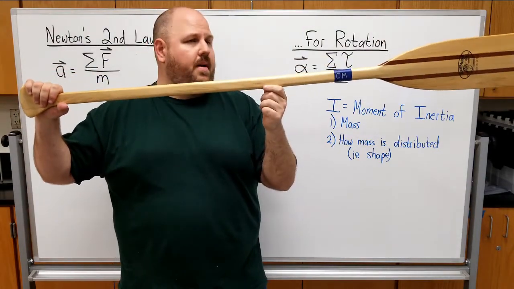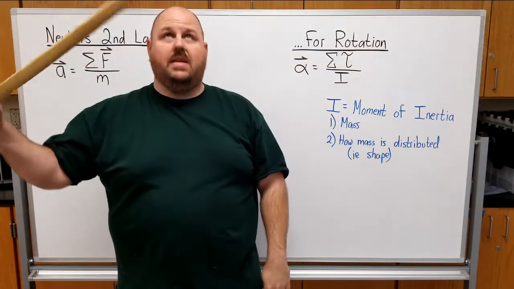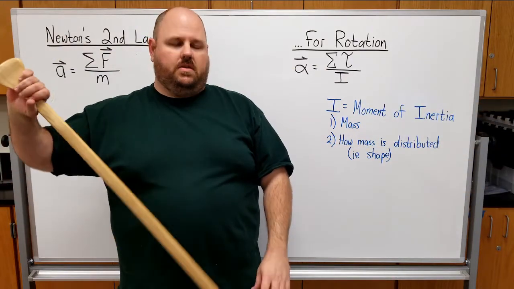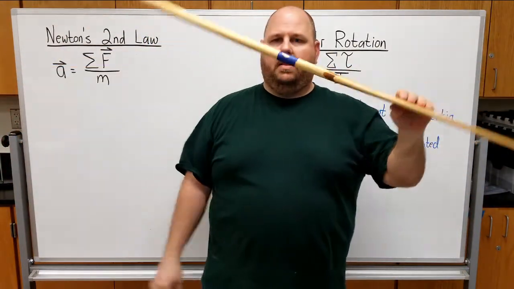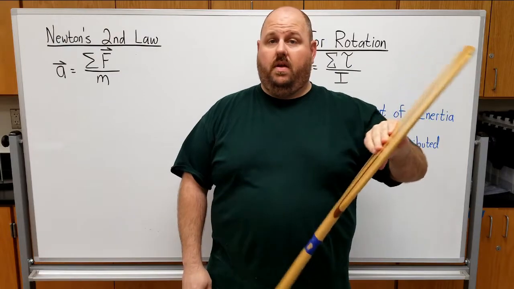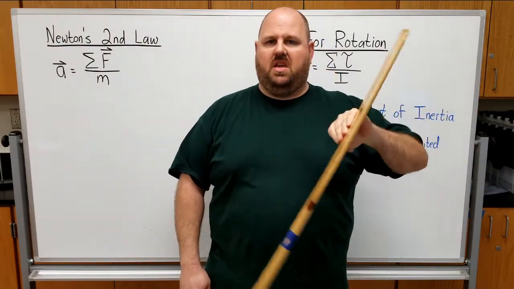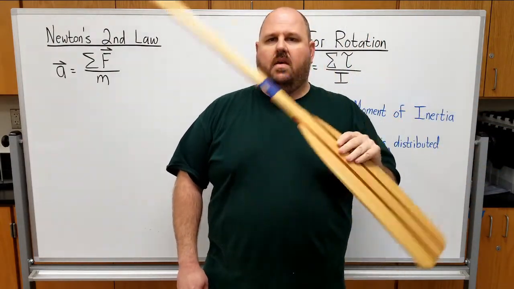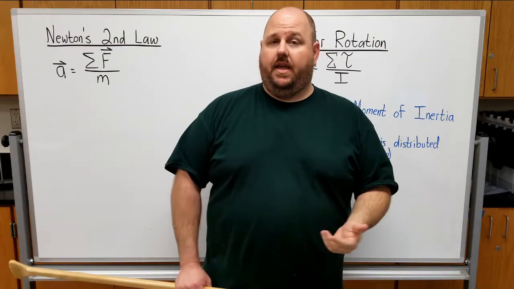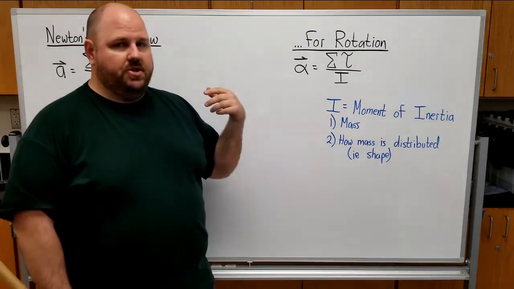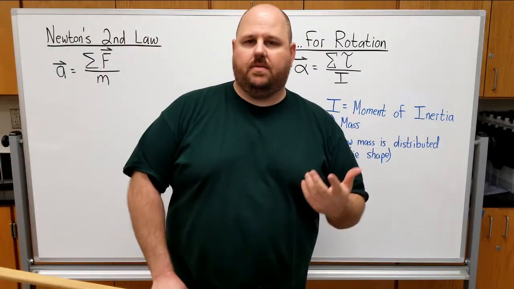And so there's a lot of mass far away from the pivot point. That's very difficult to turn. Whereas a lot of mass close to the pivot point, not too bad. I can do this left-handed. So in order to get an appreciation for moment of inertia, try to find some things around your house that